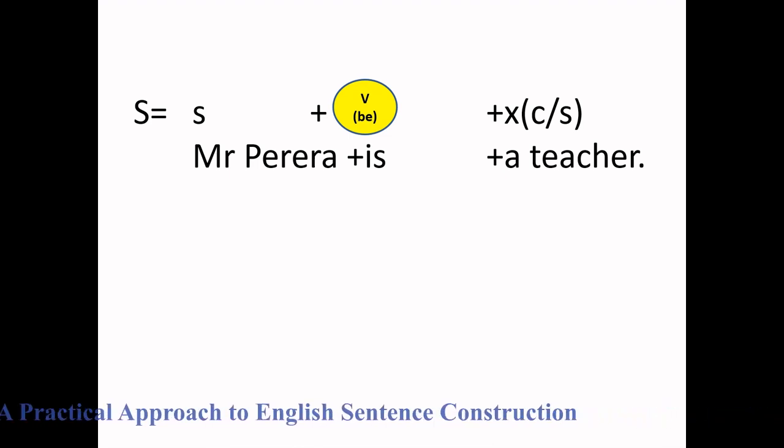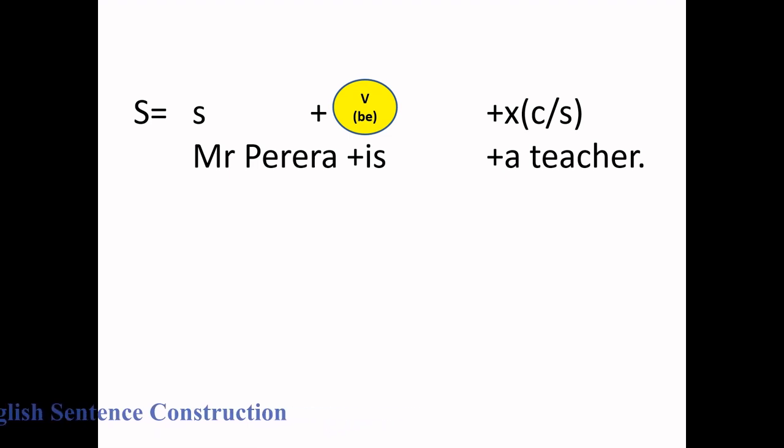So capital S means the sentence equals these symbols S plus V plus X. Sometimes you may have a sentence S plus M, S, V plus X, like that. Several kinds of units may be joined together,